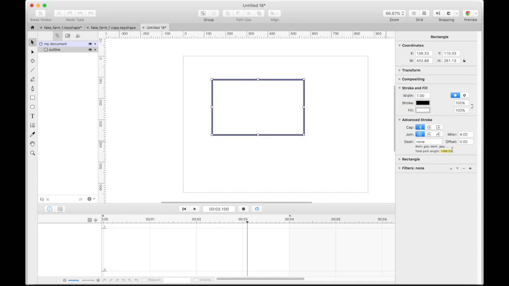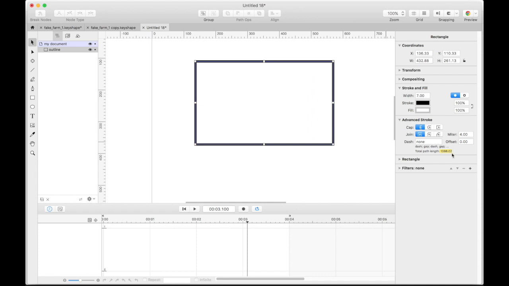So now it's 13, and we can leave it there. So watch this: we're going to take this tool, put in a dash one time, then a semicolon a second time, and then put it into offset. And when I hit tab to get out of that, my outline is going to disappear, as it just did.